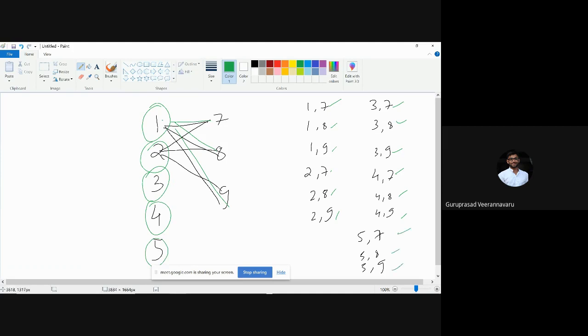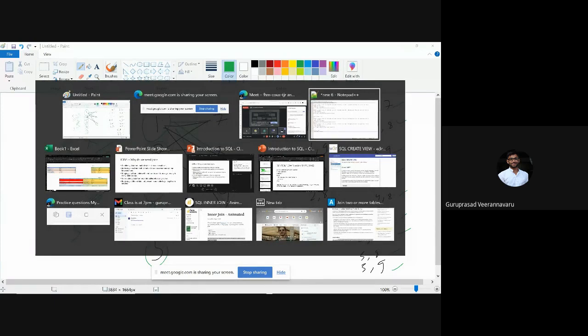So total how many rows came? 5 into 3, 15. Sorry, I said columns, I said it wrong. Total how many rows came? 5 is the number of rows in table 1, 3 is the number of rows in table 2, 5 into 3, 15. So if we were supposed to do the same thing here in Excel,